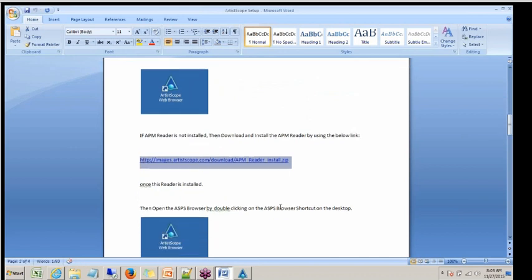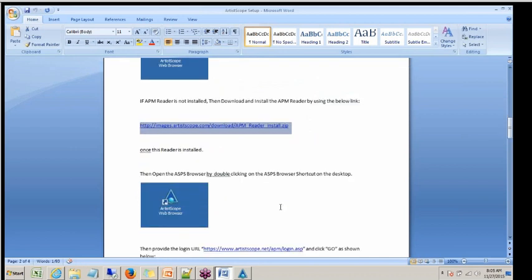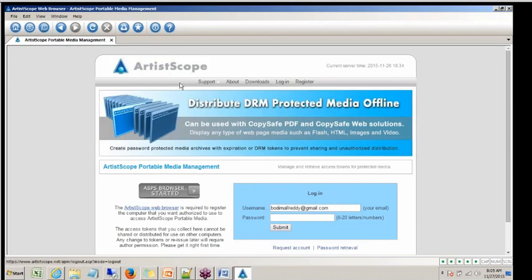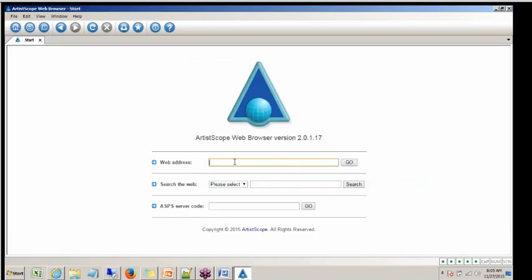Then by the time I would have created your user ID, you'll get a mail to your Gmail saying your user ID is so and so, password is so and so. Then using this login link, you have to log in through which browser? Not your Gmail. You have to log in to that link through the ASPS browser. If you go to home, you'll have to give your login link here and say go. Give your user ID and password. Log in. Just click 2 or 3 links there and then log out. Do it 2 to 3 times like that.